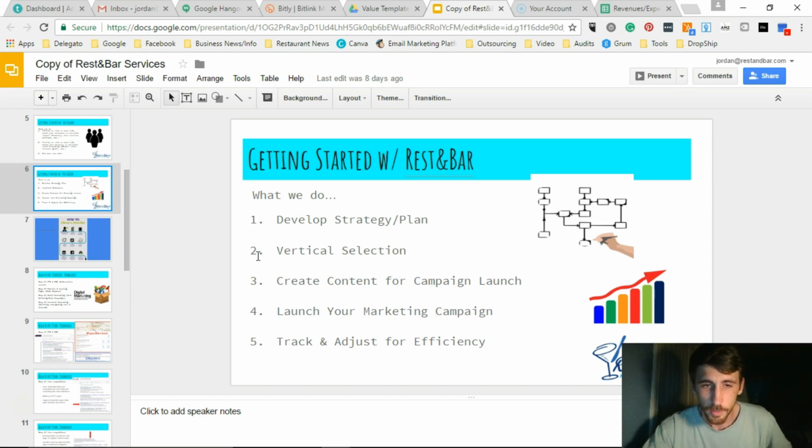That's part of the strategy and plan. Then we create content for the campaign launch, and then we launch the campaign. So this is all the process. I'm actually in the process right now for that company I landed. I'm in the developing and creating stage of the marketing campaign, because I tell them this straight up: the first 2 weeks, you don't get any advertising from me. This is me creating your